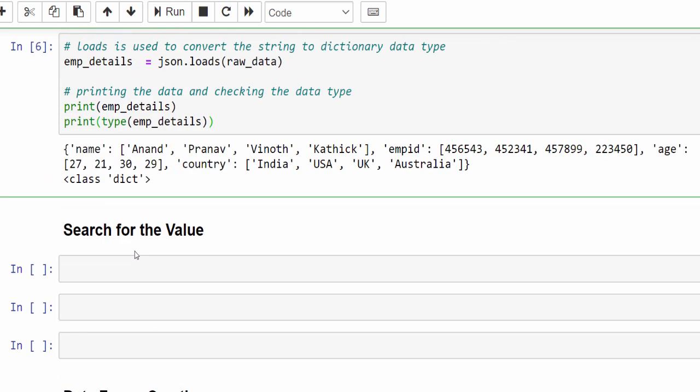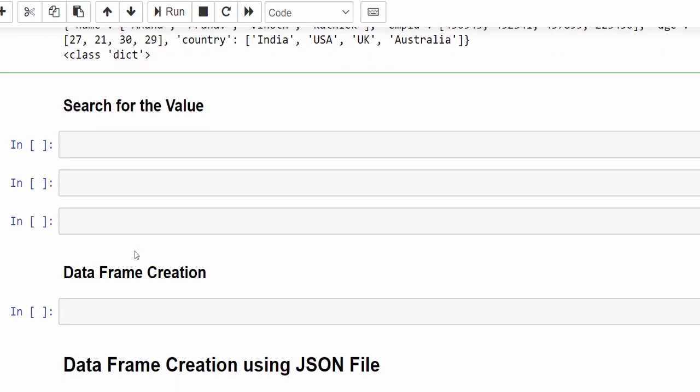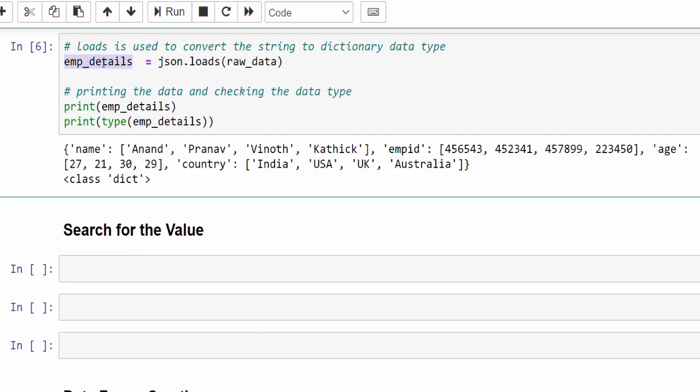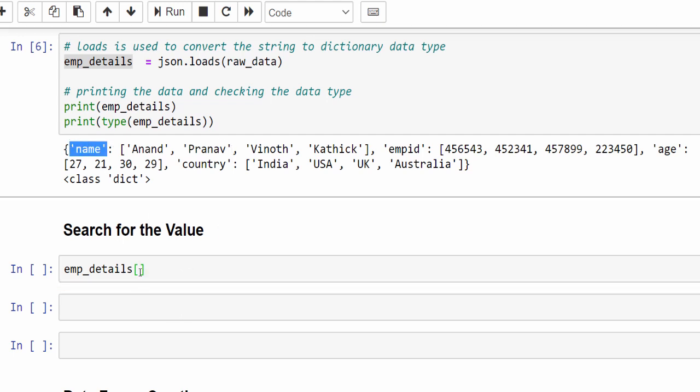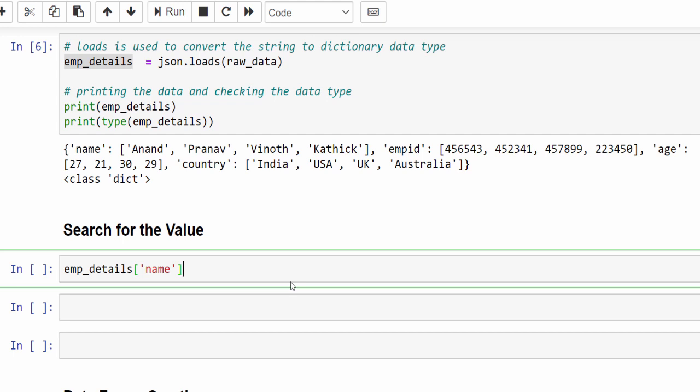Once the dictionary is created, it is very easy to search the value. So we saved everything to employee_details. Using that variable, inside the square bracket you can mention the key. Now I want to find the values of name.